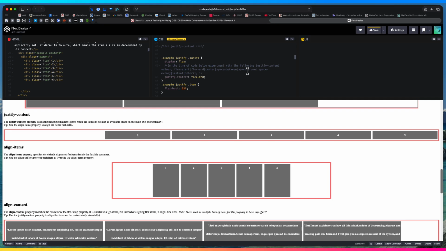Or you can use these various space between, space around, and space evenly properties. They're subtly different from each other. You just want to experiment with them. And for example, space around is going to look just slightly different, right? So those are properties that you can set to the items of the parent, but you're setting it at the